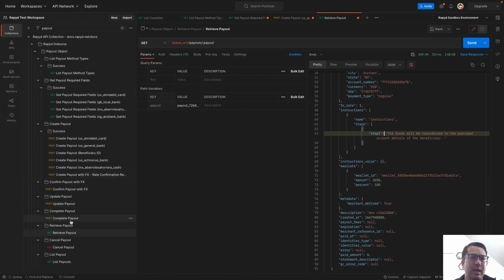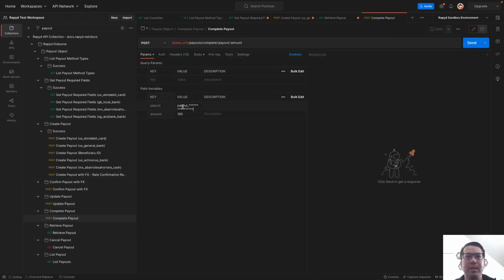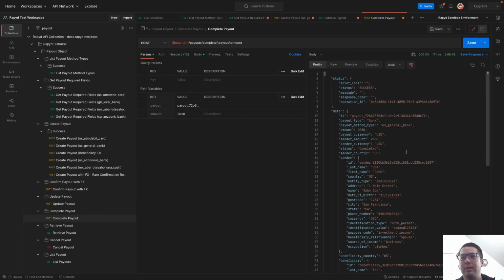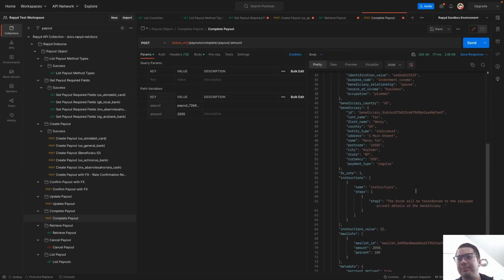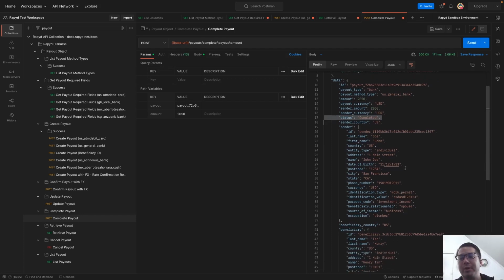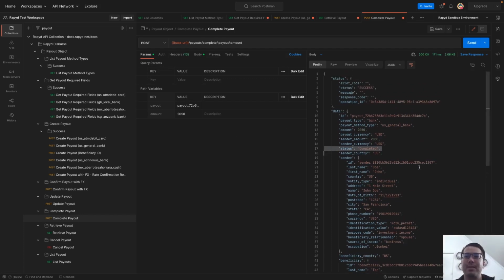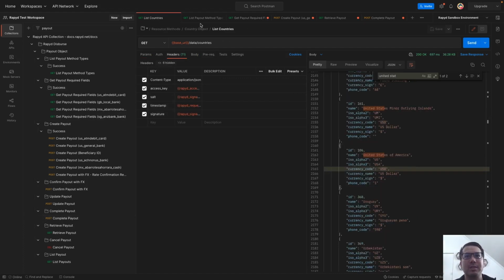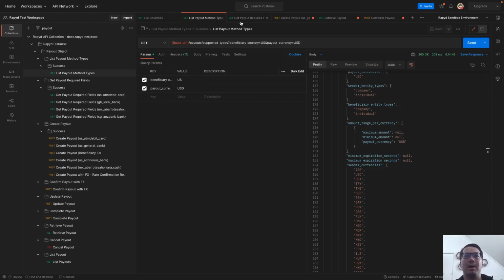going through. And let's say if I wanted to complete the payout, how much was it? $20.50. And here, that is a success. That is basically completing the user's end of making that payment. And now we look at the status, it says completed. So now that beneficiary will have received those funds. Now, if we wanted to follow, again, list countries, list payout method types,